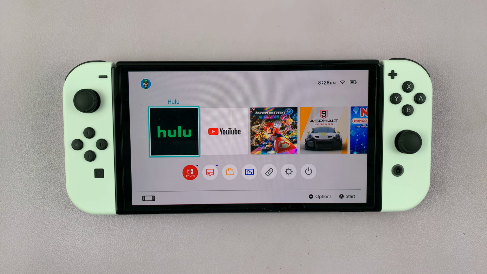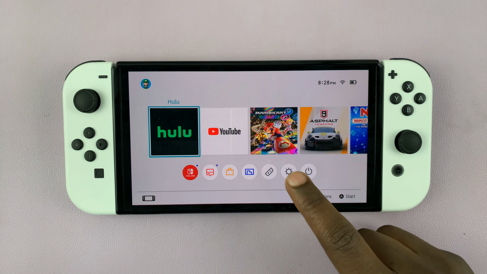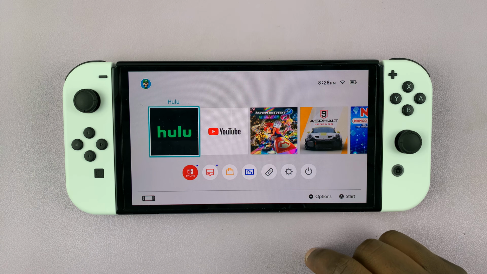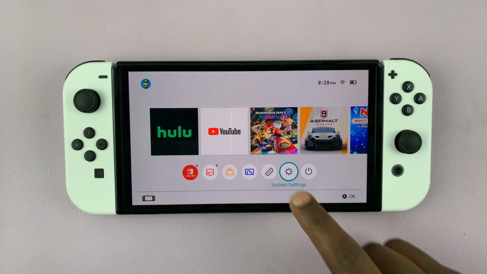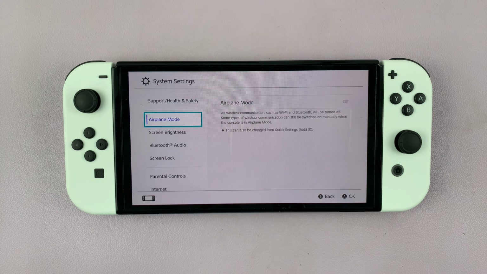I have the Nintendo Switch and I'll be showing you how to change the language. Now the interface language is English on mine. If I want to change it to a different language, I'll just go to settings, so system settings, and then